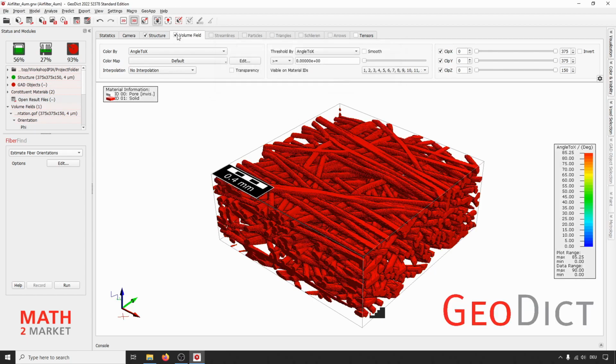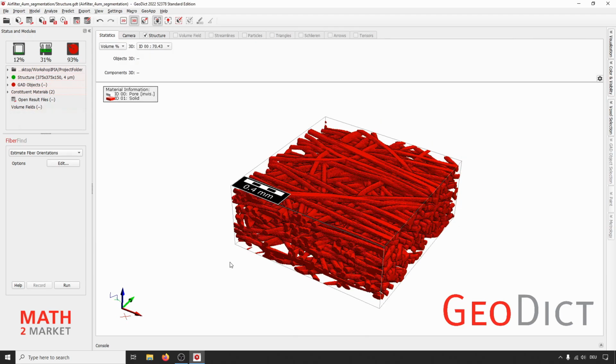In the next step, we not only want to have a look at the orientations, but we want to identify single fibers in our structure, and usually this is not very easy because everything hangs somehow together here, so the fibers overlap each other, and there's no clear and easy way to distinguish them from each other.